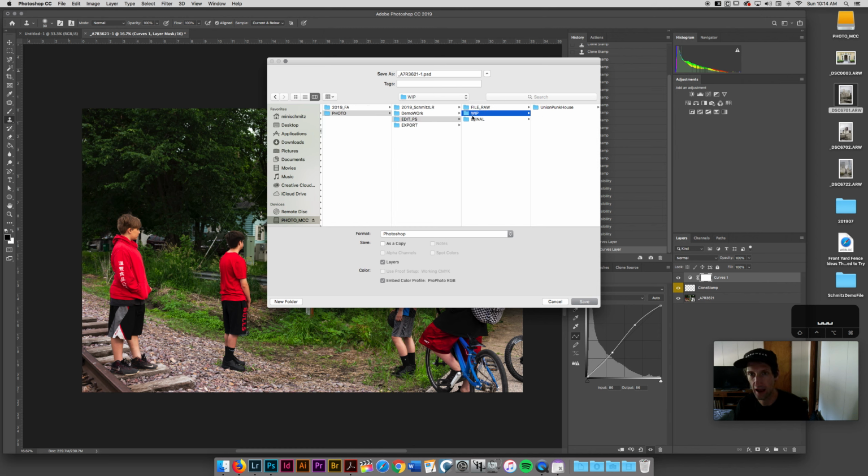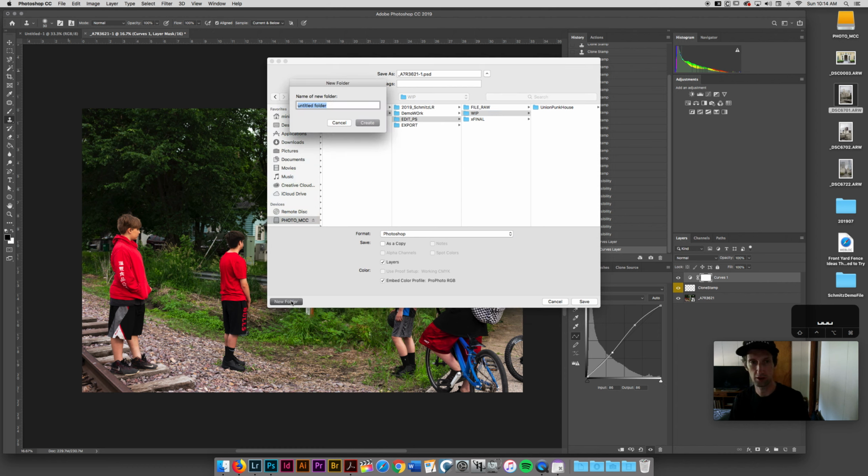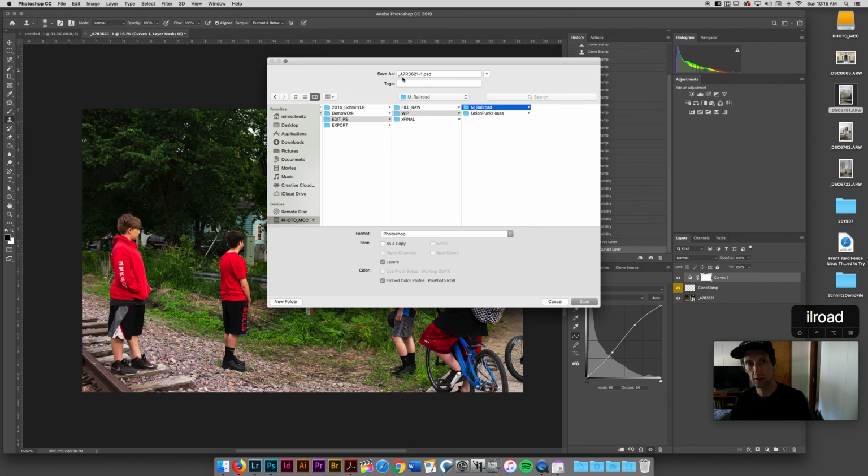And let's just say I am in the middle of working on something, because again, you don't want to wait till the very end to save this, but I'm going to make a new folder and I'm going to call this M Railroad. And I'm going to say create. And now what I'm going to do is I'm going to give this a title. Now I'm going to always keep my camera raw file name on the back end of this. So I'm going to call this right here, I'm going to call this